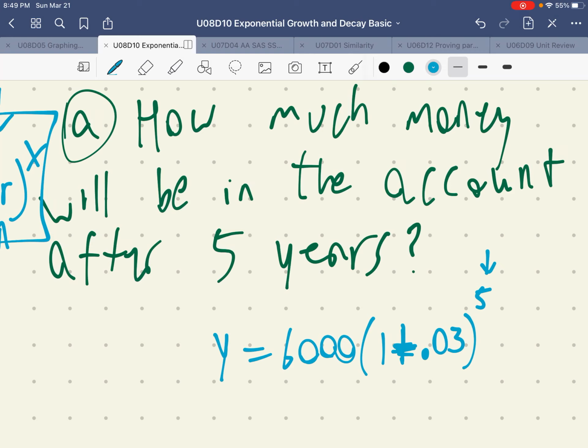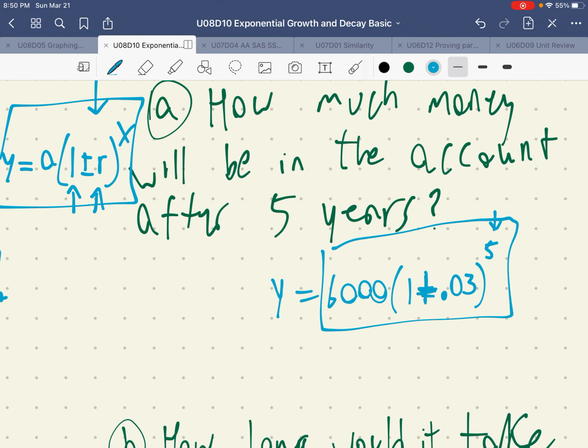This is very easy to do. You just type this into your calculator and it will give you a value. So I'm going to do that now with my calculator. It's 6,000 times 1.03, or 1 plus 0.03. I have to put my exponent on it in the correct place. And if you do this correctly, you should get Y is equal to